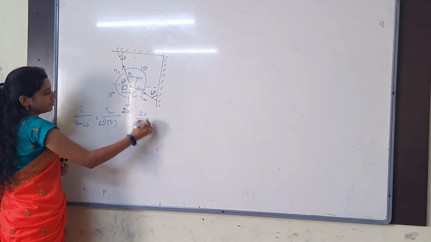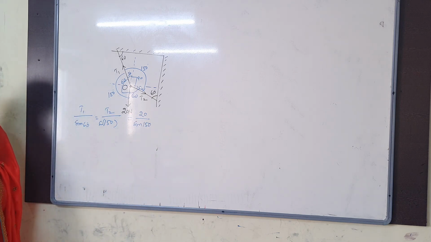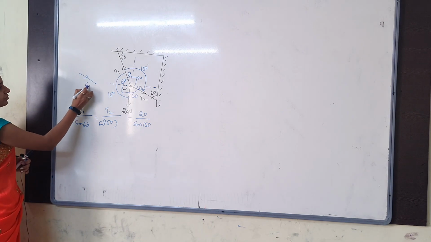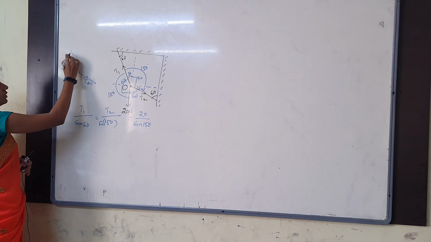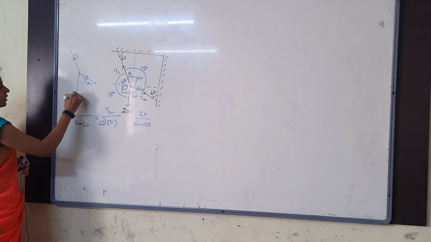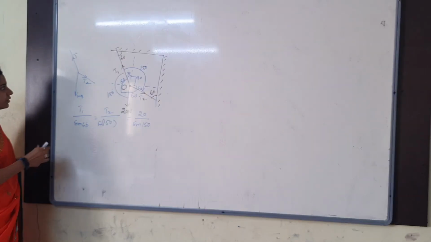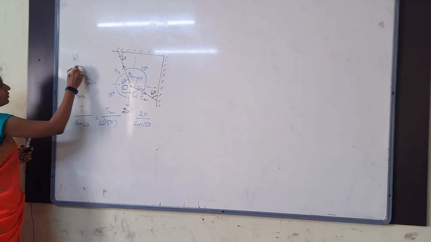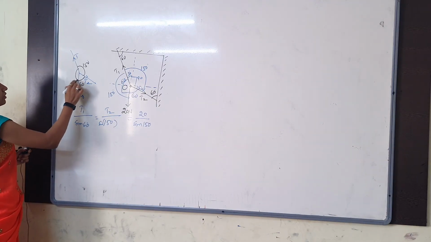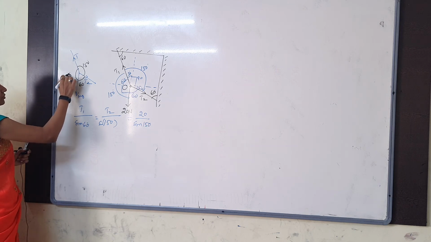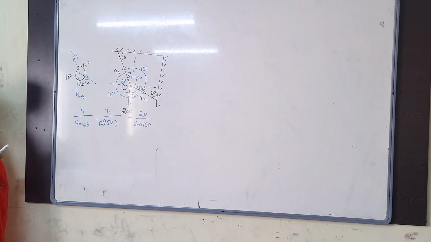You are making mistakes in taking opposite angles, I guess. You have to always consider the angle between the vectors only. Otherwise, if you are making mistakes in that, just draw another diagram. Take here T2, I'm sorry, T2. And then here T1 and then downwards mg. You just draw the diagram again. Then what is the T1, T2 angle? 150, I said. Then the T2 weight angle is 60 degrees. Now this is 150. Now it will be easy for you. You draw the diagram again, okay? Then it will be easy.